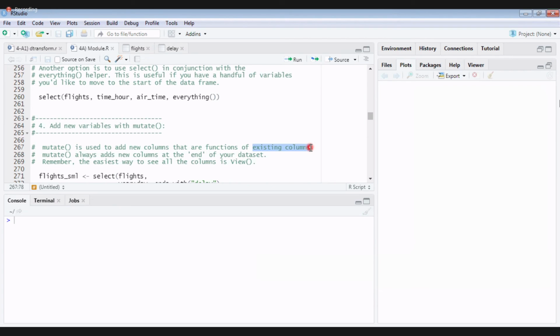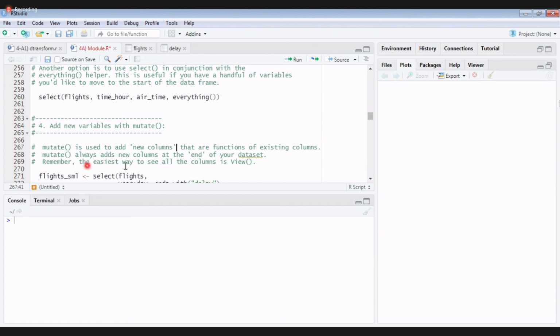Likewise, using existing columns, I can create new columns using the mutate function. One more thing, whenever you use mutate, all the new columns will be added at the end of your data set.